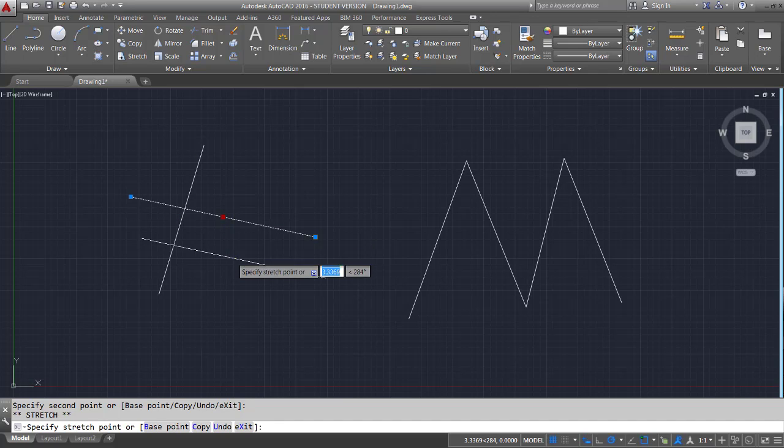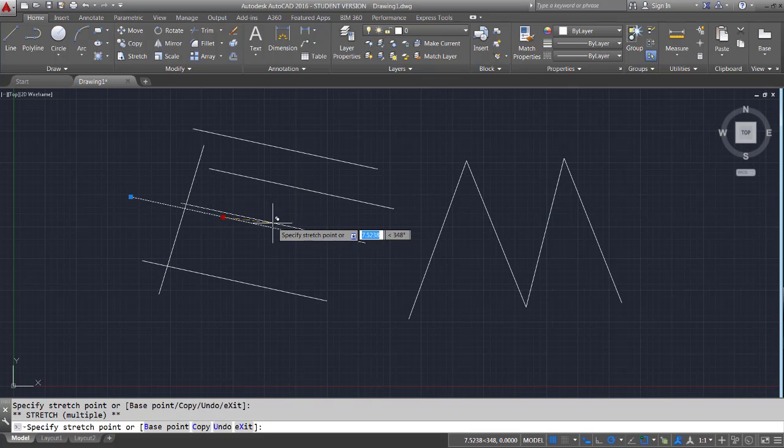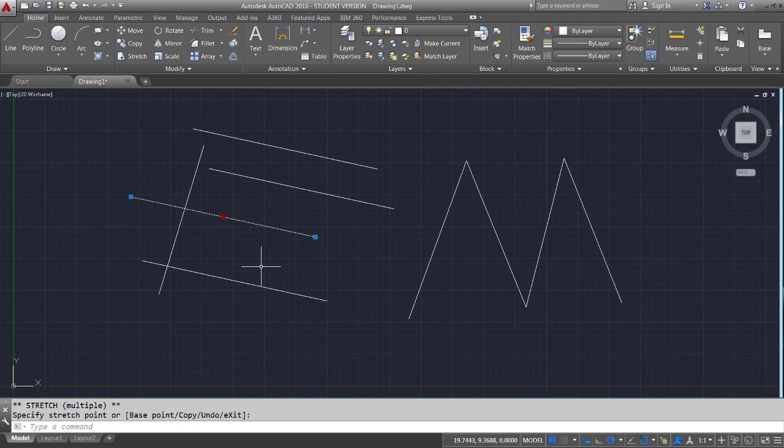So I can cycle through all these commands just by hitting the space bar on my keyboard while I'm in this mode. Another thing is that while I'm in this mode, I have options on the command line. So while I'm in the stretch function or move function here, I can go down to the command line and click on the C for copy. And not only am I moving, but I am also making multiple copies of the initial object, or in this case, the line. And the way to get out of this command or this mode is just by hitting the enter key twice or the escape key twice, and that will cancel the command that you're in and will also deselect the object